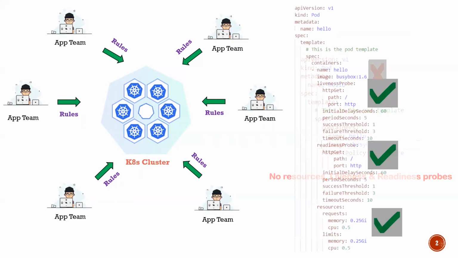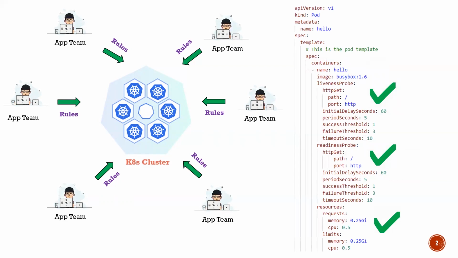All these kinds of mistakes should be identified at the early stages of the development lifecycle, whether in CI or before CI itself, so that we can avoid a lot of rework. I can enable some pod security policies, wherein if any application team violates the rules, I can mark the deployment as a failure, but that takes a lot of rework because the application team needs to change the manifest files, get approvals, and run the CI again.